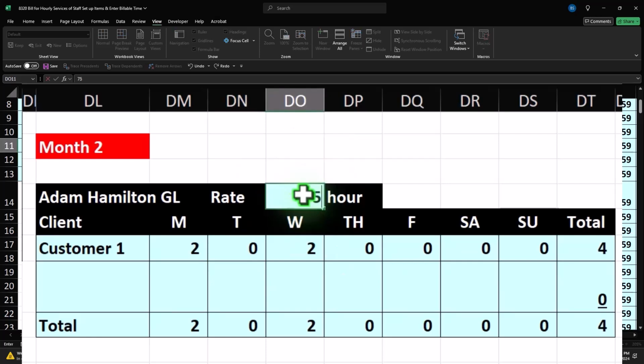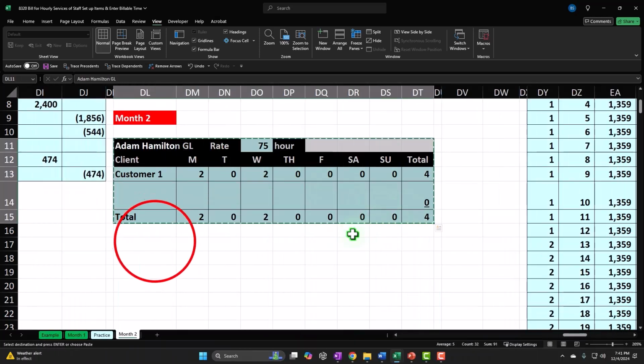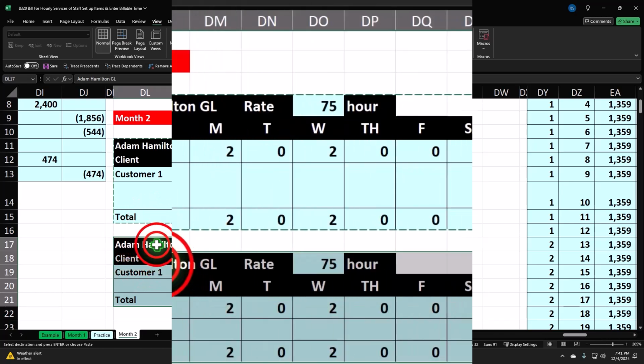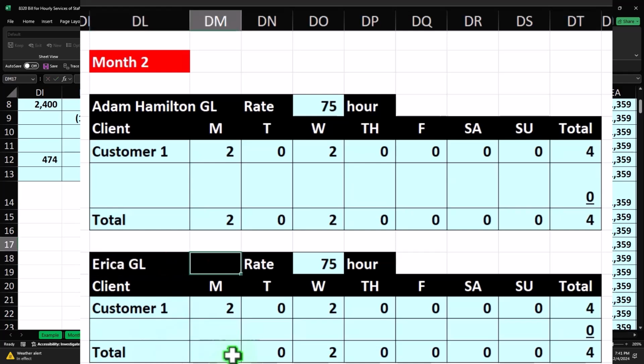But I'm going to say this is 75 rate for Adam. I'm going to copy this same thing down and we'll put this down here, and we'll say this is going to be Erica. So Erica, this time I'm going to change her rate. For her guitar lesson rate, we're going to say this time is 115 because she's a professional. Oh, wait, Adam also had customer